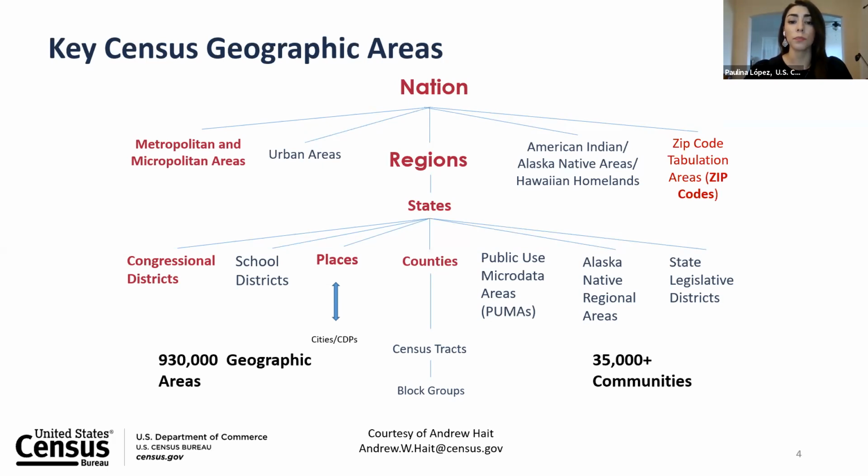Of course, counties, and you'll see census tracts and block groups as well, especially for American Community Survey data, the 5-year estimates. We do produce data down to that level. So it's very granular data, very detailed information, down to very low levels of geography. So if you're working in particular areas, I'll show you how to get information on clusters of census tracts or just one census tract, so that you're able to see data for very low levels of geography in very detailed ways. So very, very interesting.